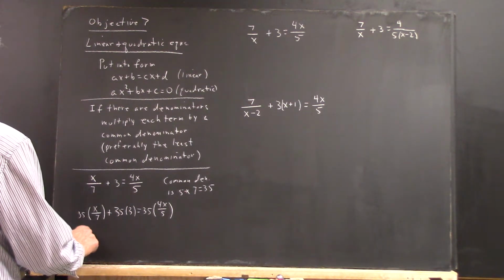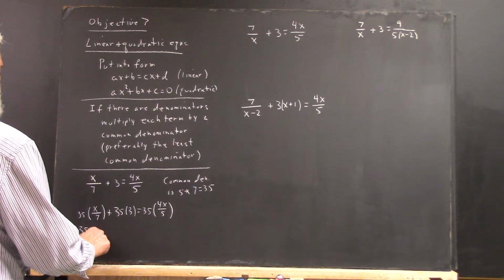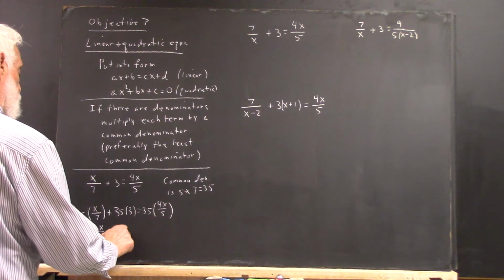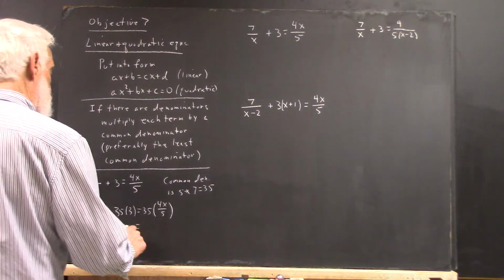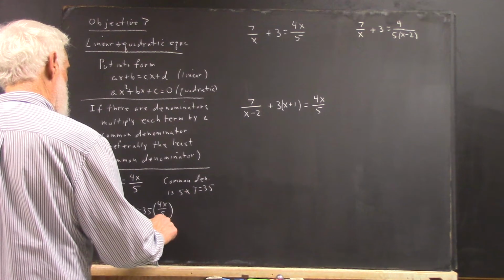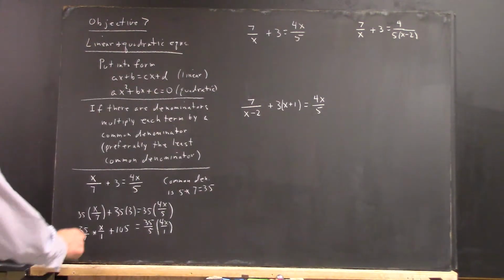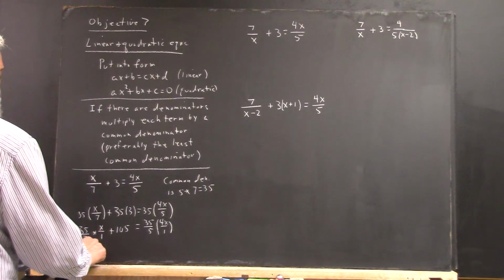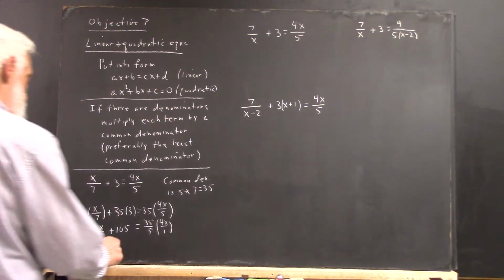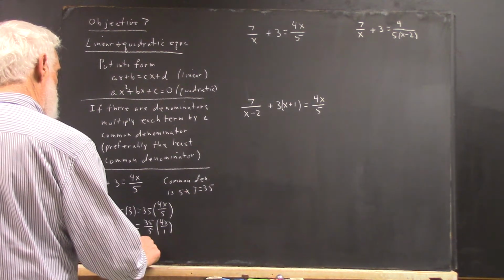Okay, we can write this as 35 over 7 times x over 1. 35 times 3 is 105. And we could write this as 35 over 5 times 4x over 1. And then 35 divided by 7 is 5. X over 1 is just x. So we have 5x. And we have 105. And then we have